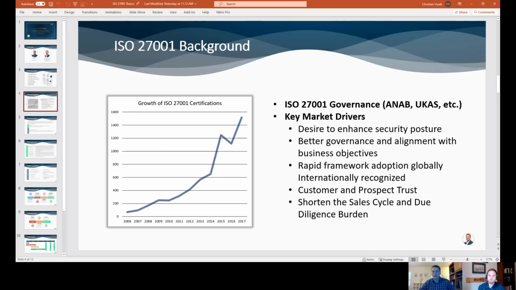I've seen existing clients that have been clients of some of my customers for years come back and really ratchet down their due diligence process. So if you start seeing this due diligence burden and this requirement for an ISO cert from your prospects, you're probably going to start seeing it from clients, and you could even risk client churn if you don't pursue one of these.